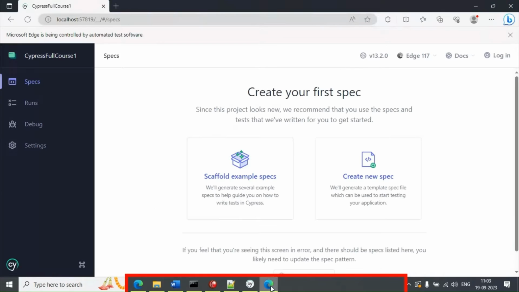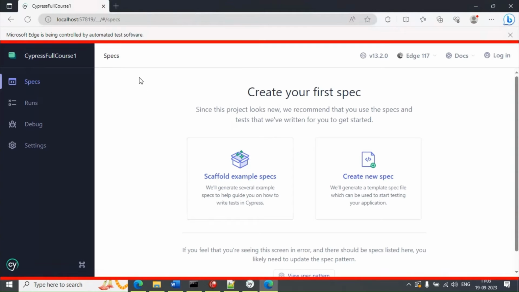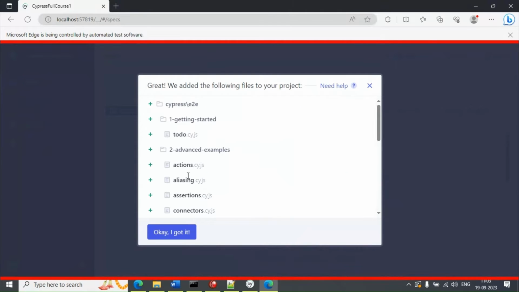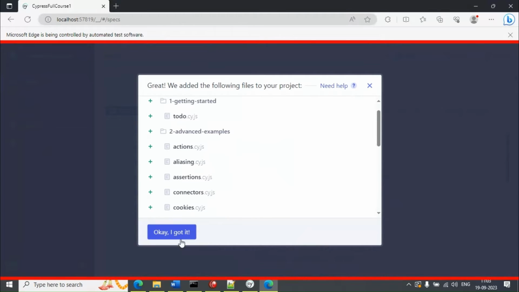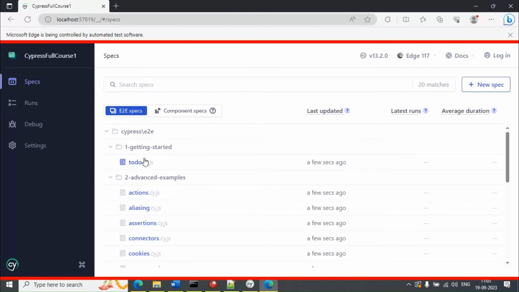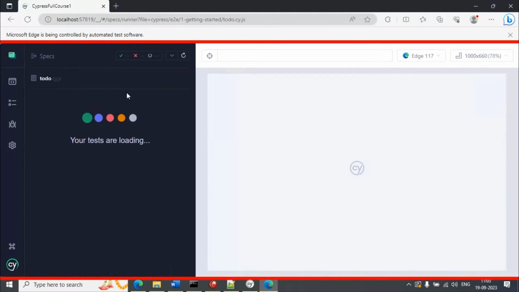So let's go to our browser now. This is a test runner basically, and here we are going to select the scaffold example specs. Next time we are going to create a new spec file, but this time we are selecting the scaffold example specs. Select this particular option, and you see it has lots of JavaScript files. Let's click OK. After that, you can simply click on any of the files. If I click on todo, it will start executing all the tests inside that